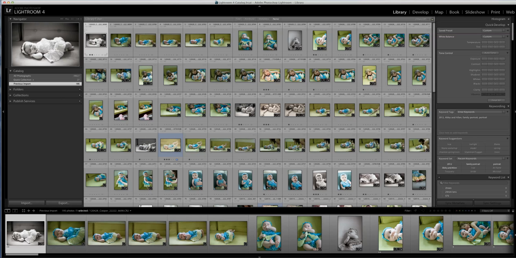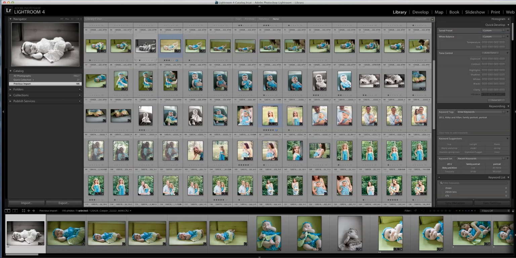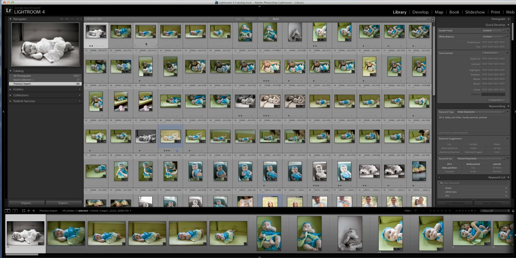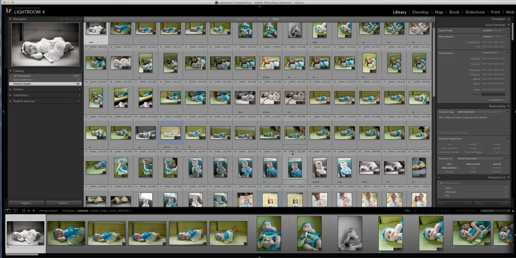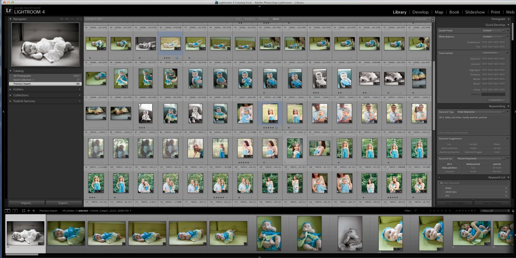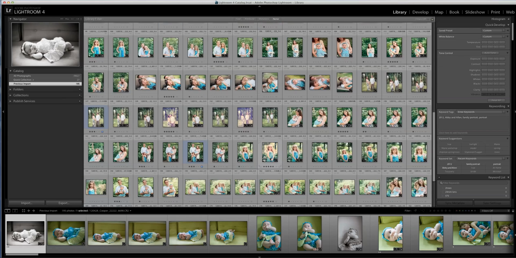But since you will probably be dealing with fewer images than I have, who knows, maybe not, I'm just going to show you how I would go in and add particular keywords to particular images. So all of these have an infant, a baby, in them, more or less. So I'm going to go in and select all of the ones that have the baby in them. I'm just going to do it. I'm not going to go through in this video tutorial and do them all. I'm just going to show you how I actually do that,